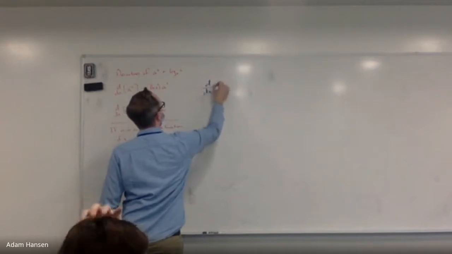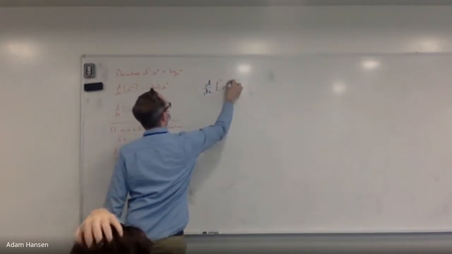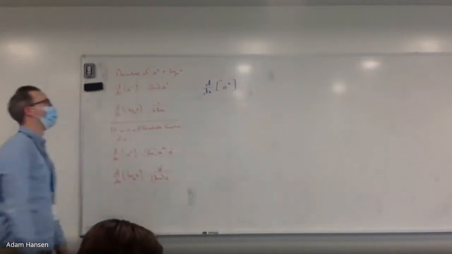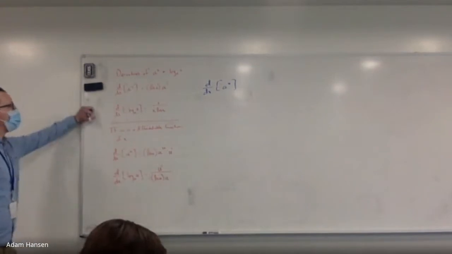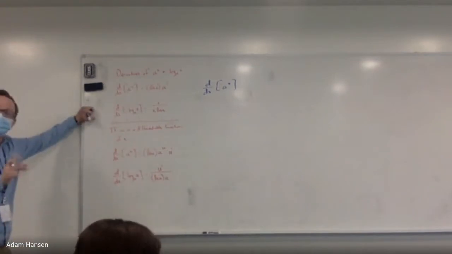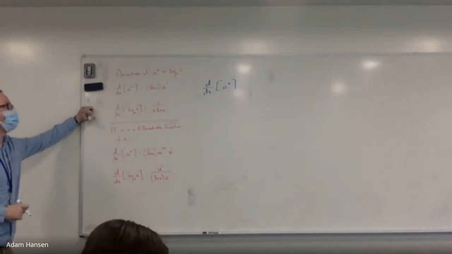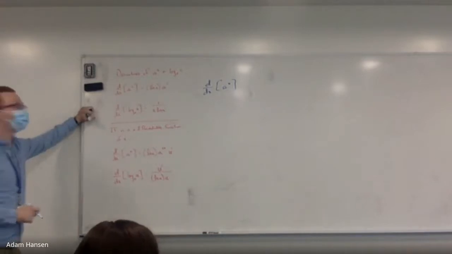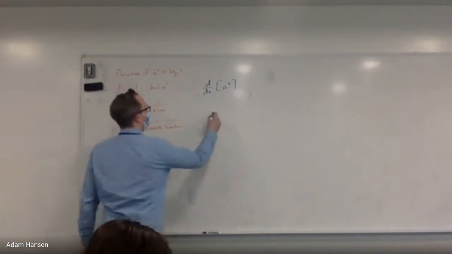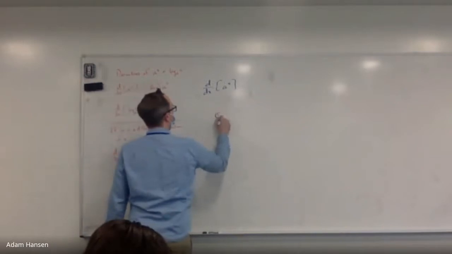What is the derivative of a to the x? Where does that formula come from? We know how to take the derivative in base e, so let's write this in base e. I'm going to change the base from a to the x to e to the x. A to the x is the same thing as e to the natural log of a